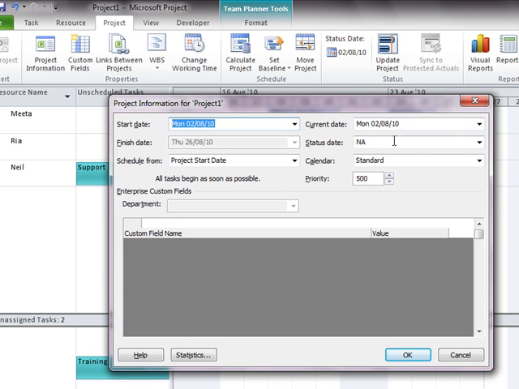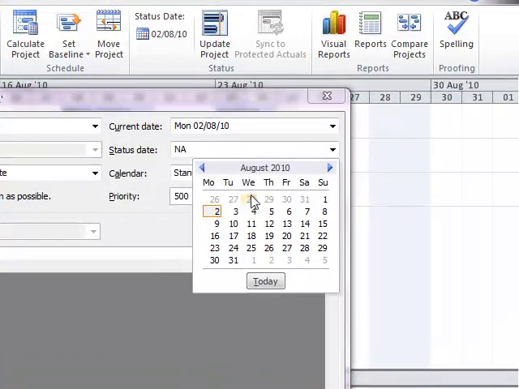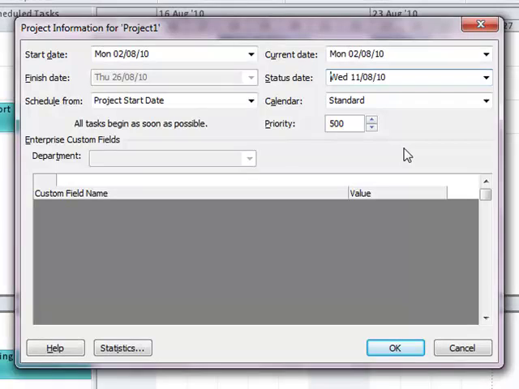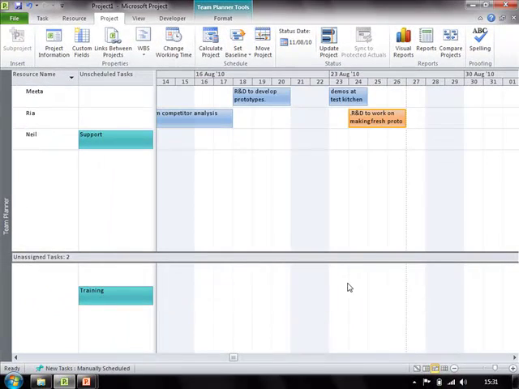So the current date is today's date. Let's put in the status date as 11th of August. So all the activities which should have been completed by 11th of August but are not completed will appear under the late task category. So the moment I click on OK and I get back to my team planner view,